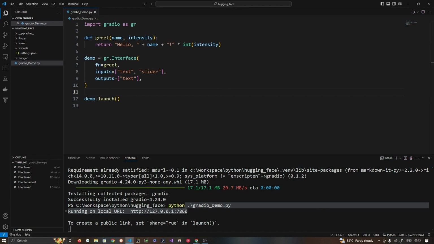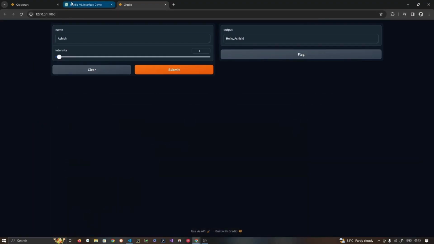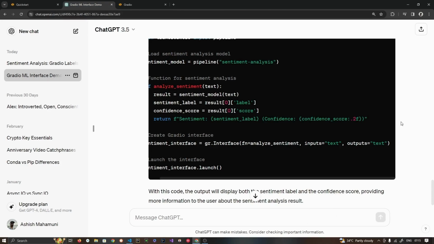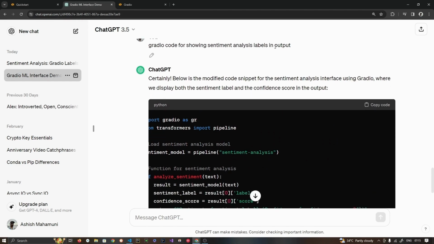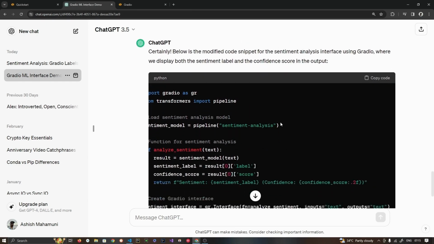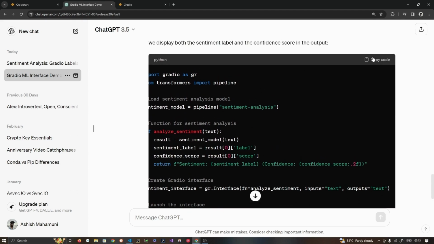Suppose I want to create a simple sentiment analysis app, then what I can do is, I have used ChatGPT. I have asked ChatGPT to create Gradio code for showing sentiment analysis labels in output. So it has created this code. Let me copy this code and